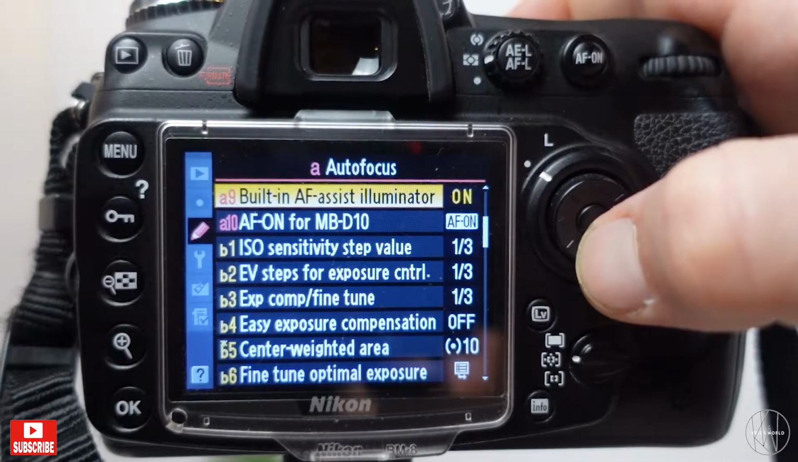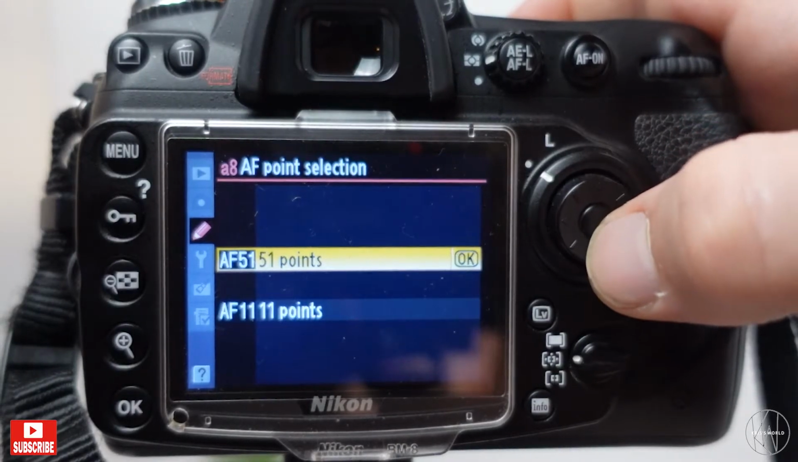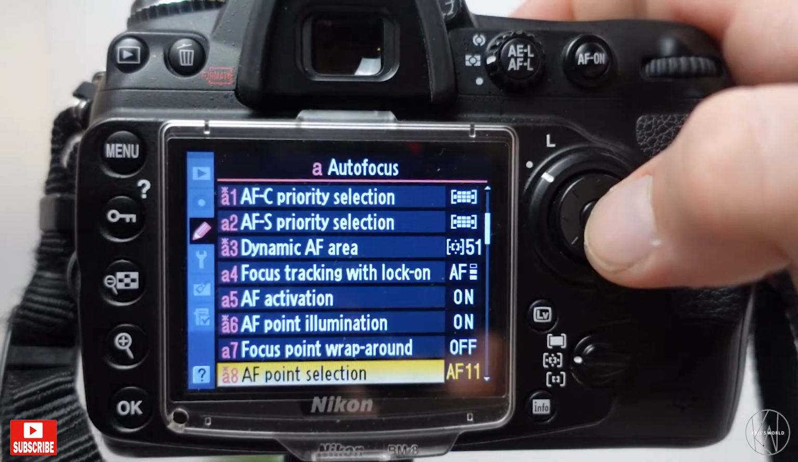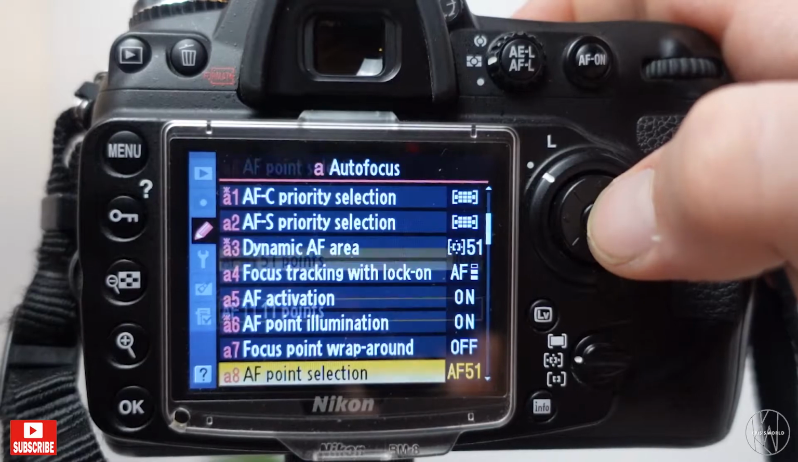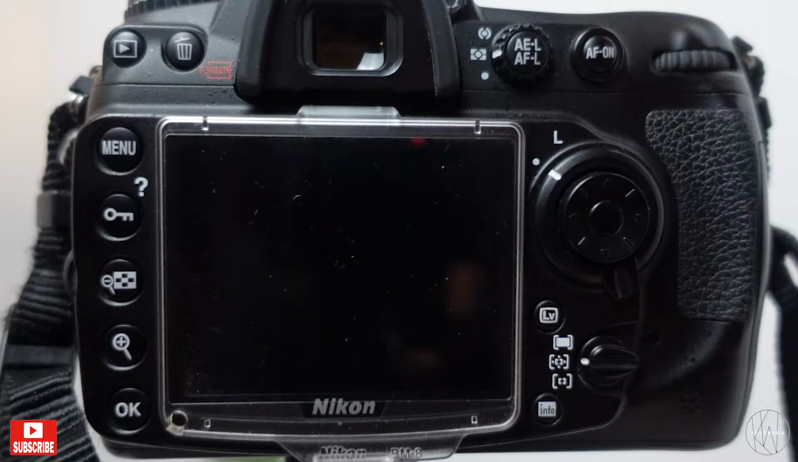And I have point selection on. I have 51 points. You can choose 11 points, but I have 51. That way I can choose my points of focus. Okay, so I have built-in AF Assist Illuminator. I want that on. And then AF on for